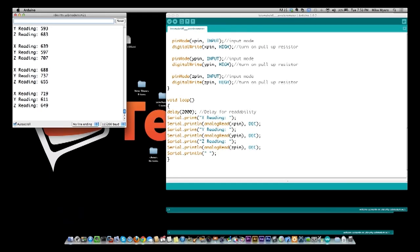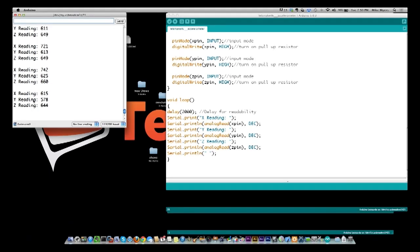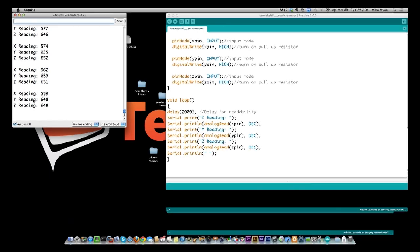There is 90 degrees. There is 180 degrees. There's 270 degrees. And I haven't read up on this to know what the actual value range is, but